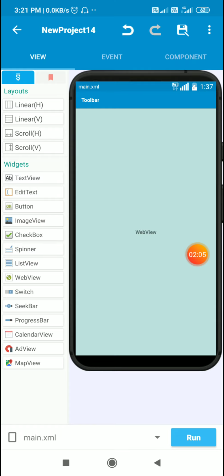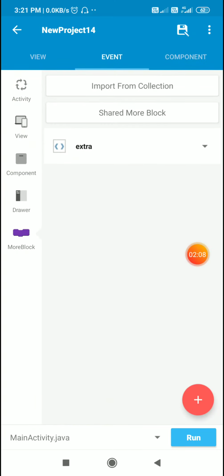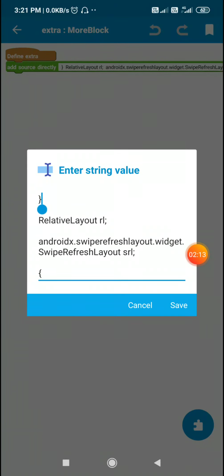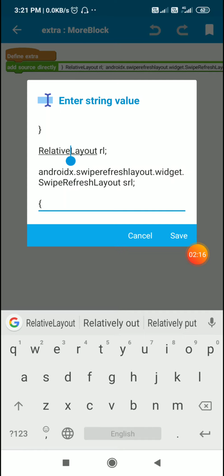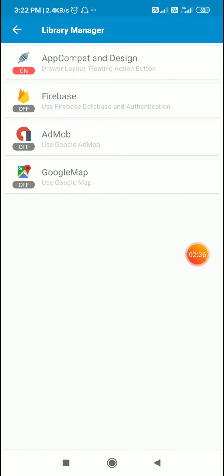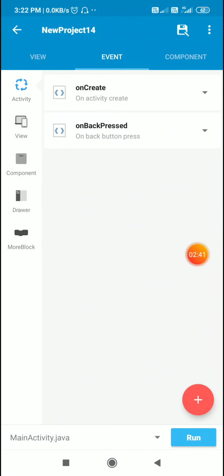Now let's move to coding part. I have created a more block extra, and inside this first I have put a closing curly bracket, then I have defined a relative layout called RL. RL is a relative layout, and after that I have declared a swipe refresh layout which is SRL. SRL is swipe refresh layout. And then I have switched on app compat and design here. In on create event,